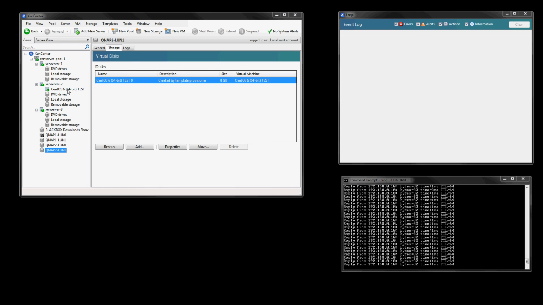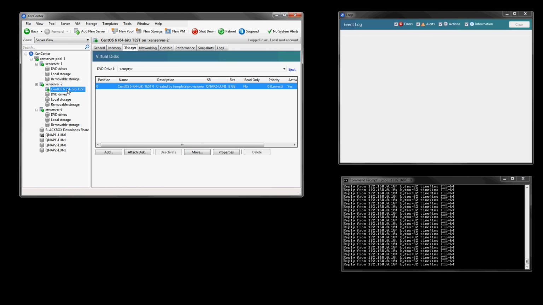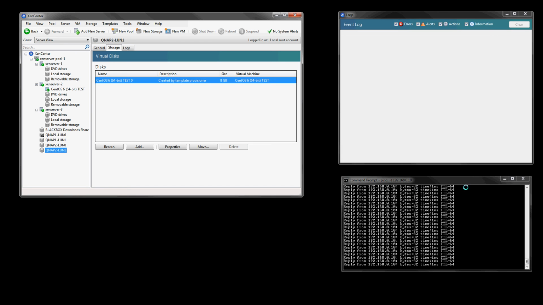We have a small virtual machine, which is in this case CentOS 6, and it's in headless format, so there's no GUI. It's a very cut down footprint, only 8 gig in size. In the bottom right hand corner we've got a ping window, which is pinging that virtual machine just to prove that there's no camera trickery, and it's a live demonstration. In the top right hand corner we have the event log that shows everything that's going on during the migration from XenCenter,